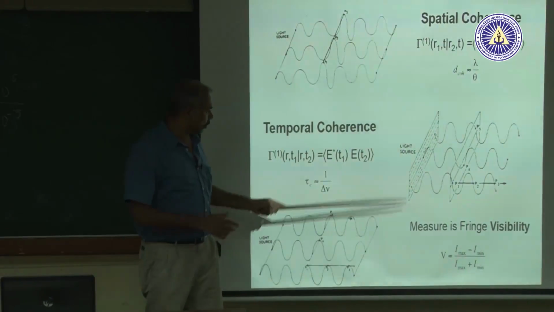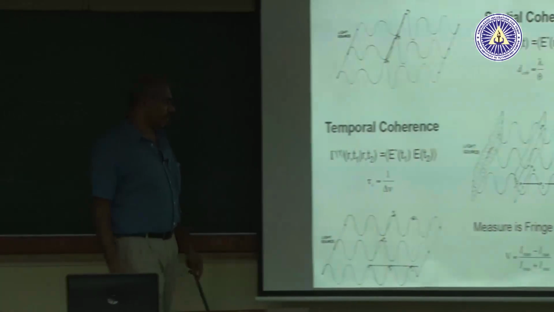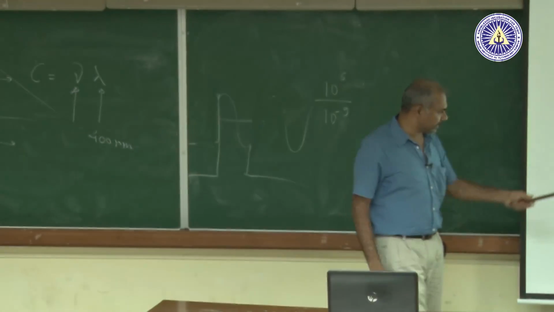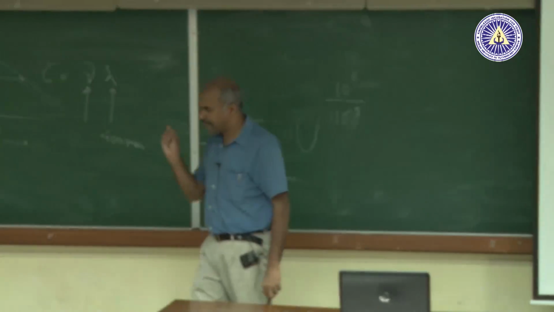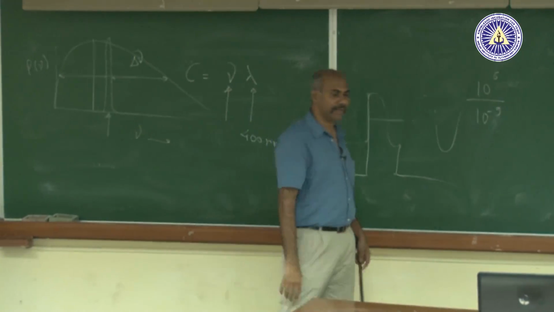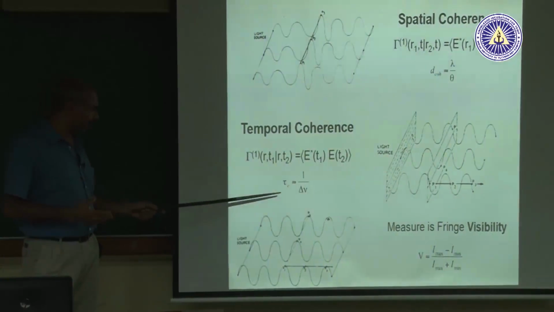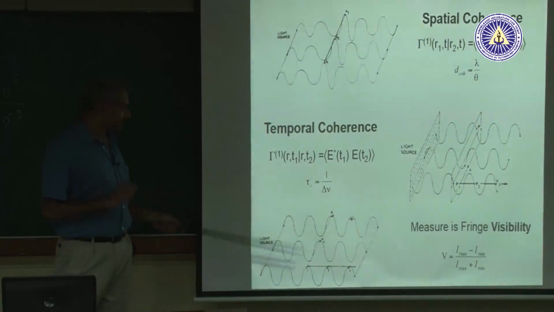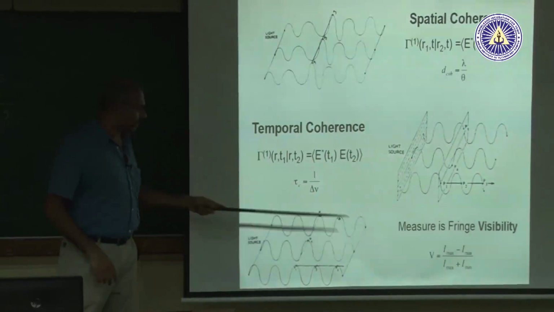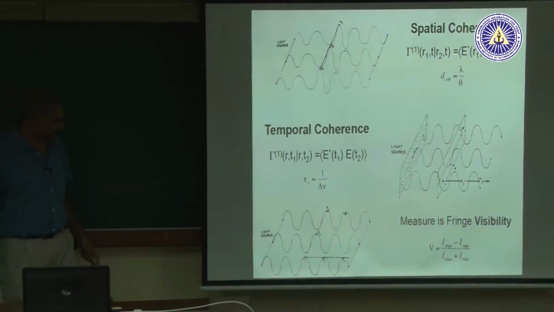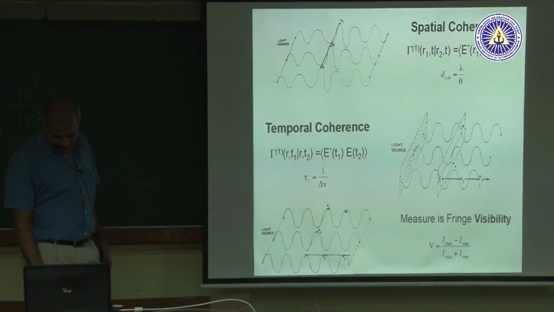But in time I can actually predict, and that temporal aspect depends on the frequency content of the light. Narrower the frequency, better the coherence, right? So it is these two aspects put together that generate what is called coherent light. And the other important thing